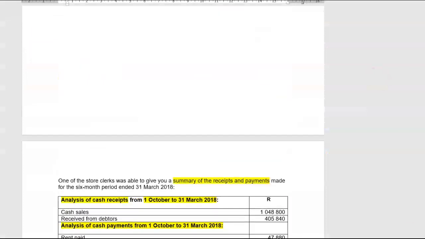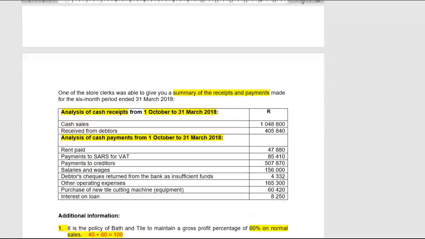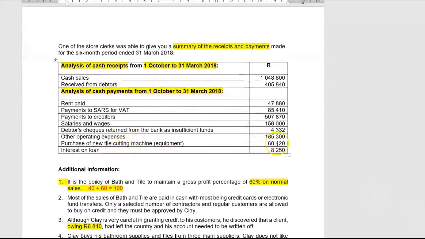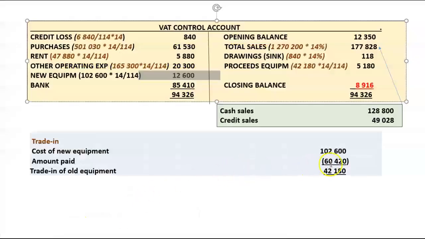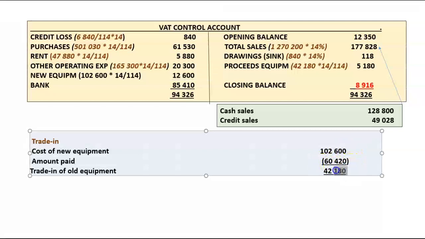We had to pay in for the new tile cutting machine an amount of 60,420 Rand. So what does that mean? If the new machine cost 102,600, we had to pay in an additional 60,000 Rand to get that machine, which is worth 102,000. It must mean that we have received for the old tile cutting machine a total of